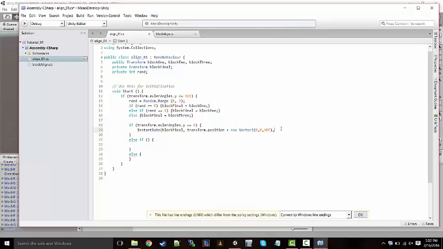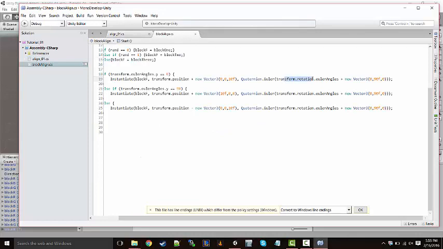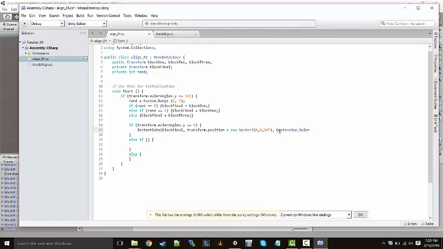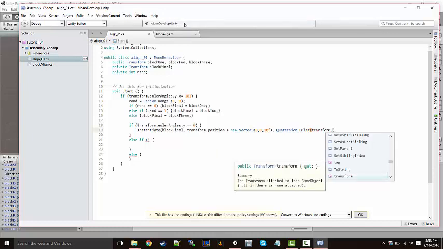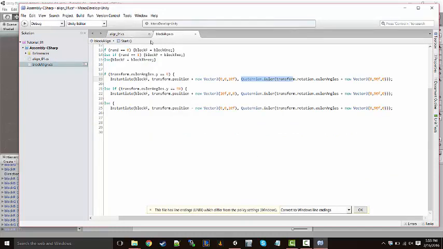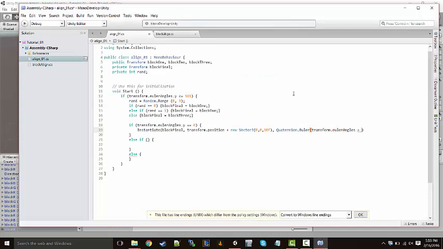And last, we want to add the rotation. Let me just double check so we wrote that. Yep. Quaternion, yeah, it's a pain in the butt, right? But okay. So we're going to go ahead and make the rotation Quaternion.Euler. We're going to create a Quaternion.Euler number, which refers to our rotation, equal to our transform.eulerAngles again. Yep, Euler angles. And we're going to add to that another new